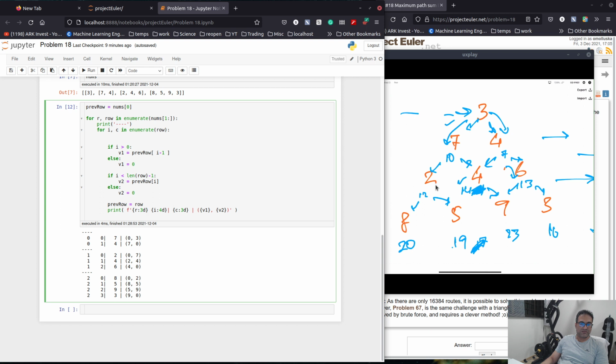For 2, 4 and 6, 2 should be 0 and 7, 4 should be 4 becomes 2 and 4, and 6 becomes 4 and 0. So this number is not correct. What about 8? 8 should be 2 and 0. 5 should not be 8 and 5. 9 should not be 5 and 9. 9 should be